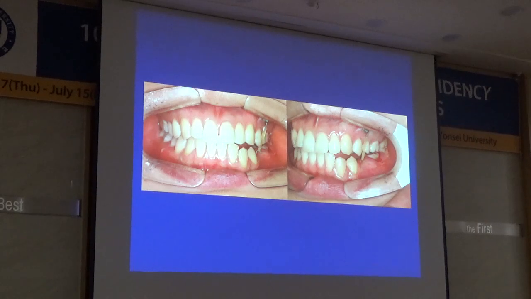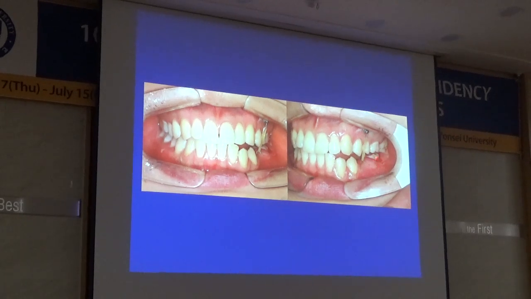So again, if you come again next year, I will take a deep step into the biology to give you a little more solution for very troublesome cases like hyperdivergent, long face, class C. There is a pain in your neck, right? If you take a deep look into the biology, you'll find a very odd and hilarious solution. That's very exciting. But I'll show you some examples this time.